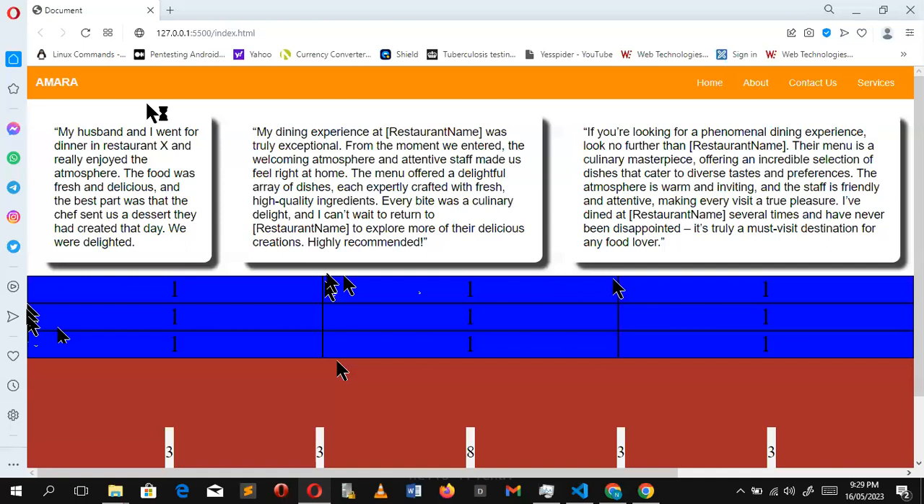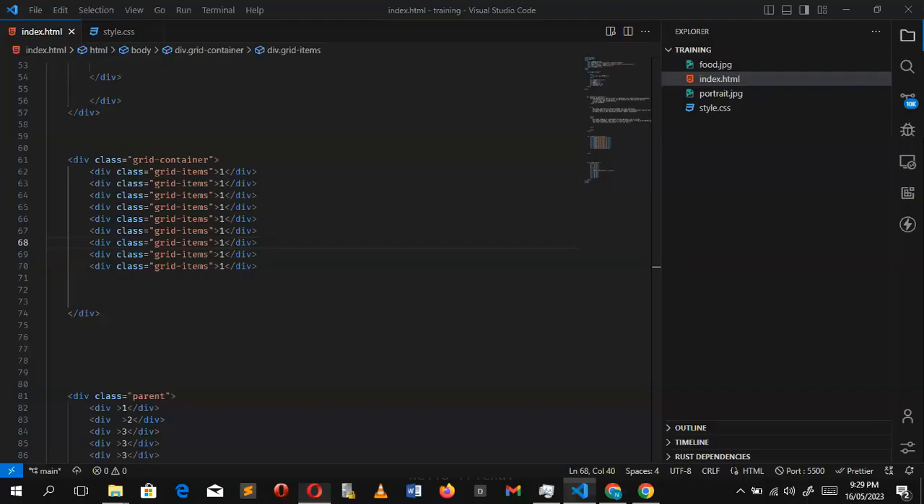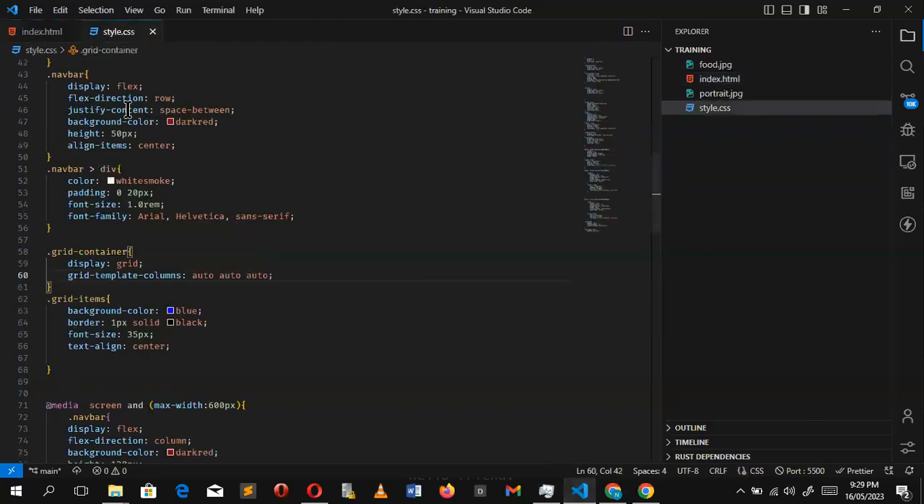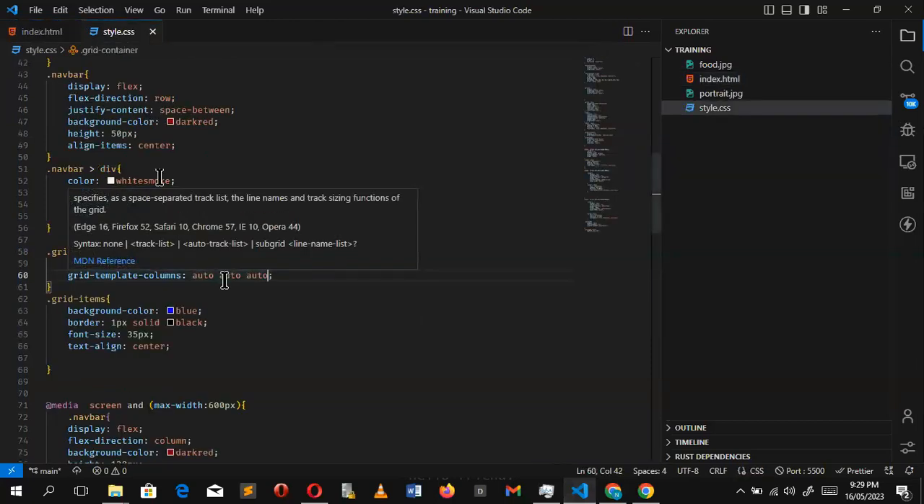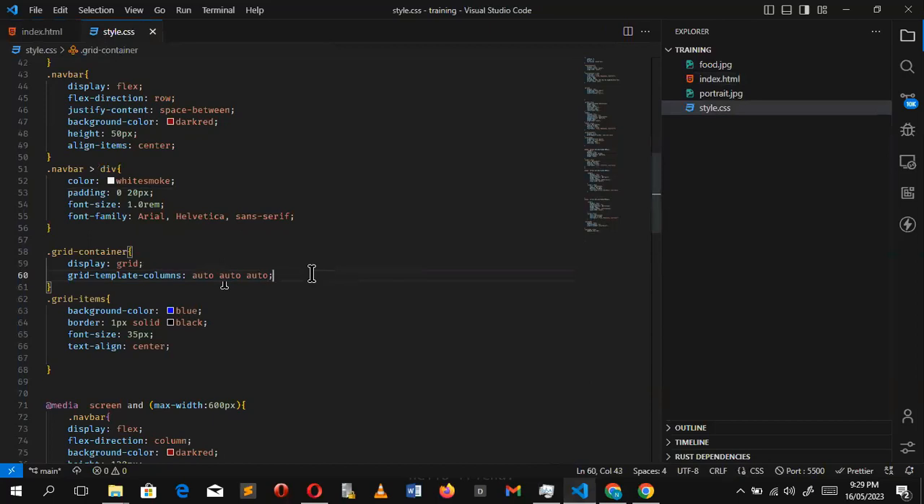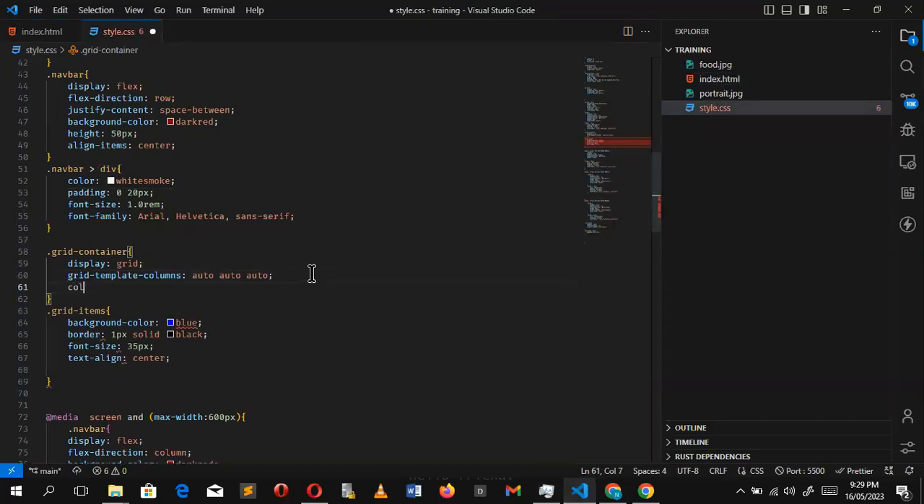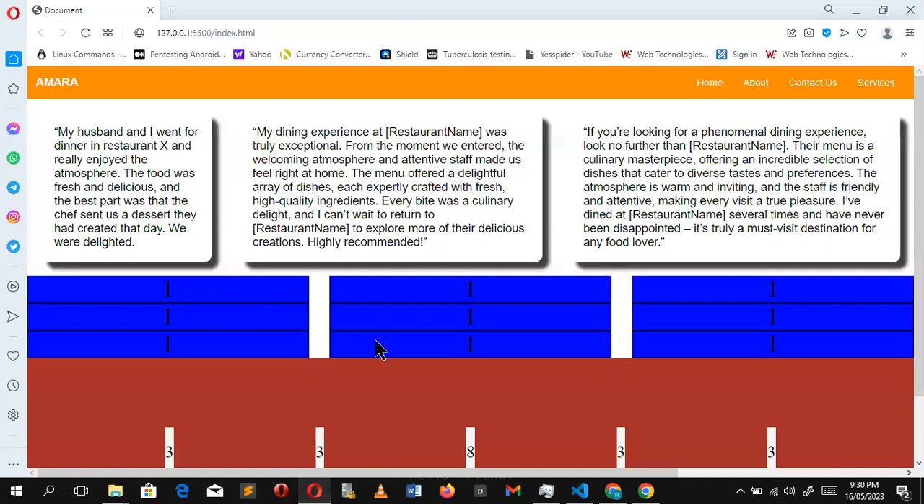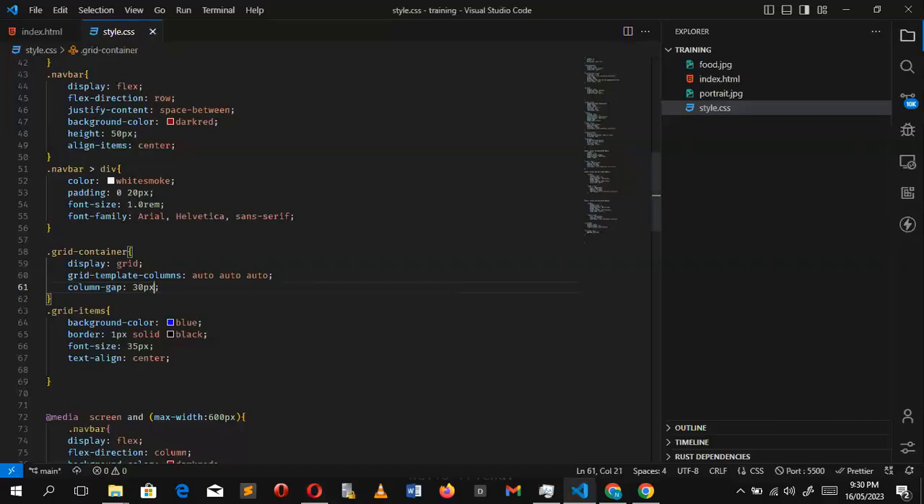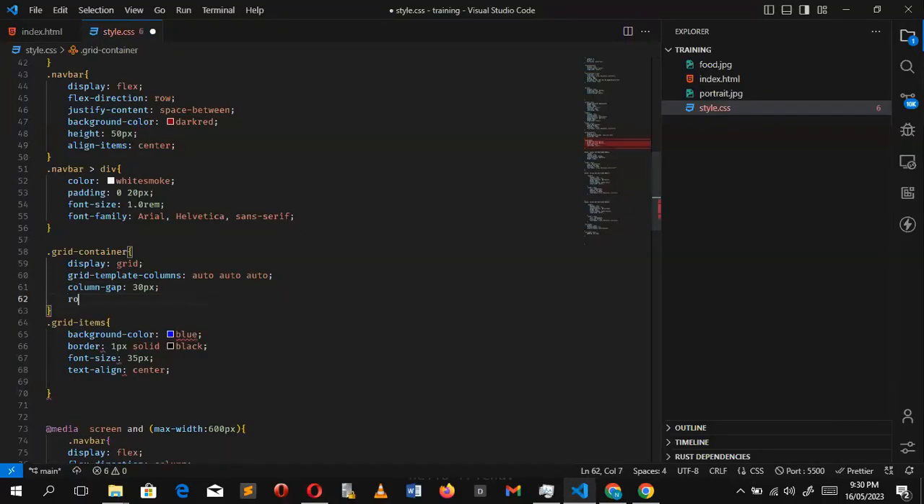So let's put into practice what we have learned. These column gaps: we want to give our grid container a column gap of, let's say, 30. Can we see this spacing that happened? If we give it a row gap,